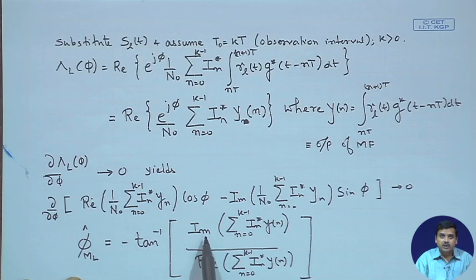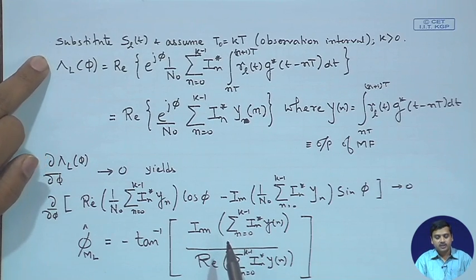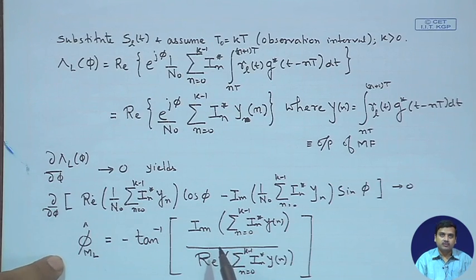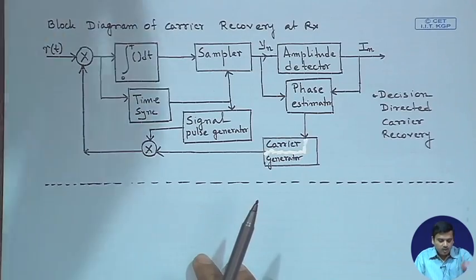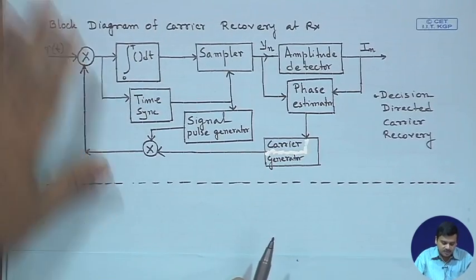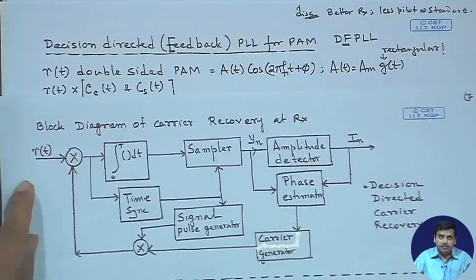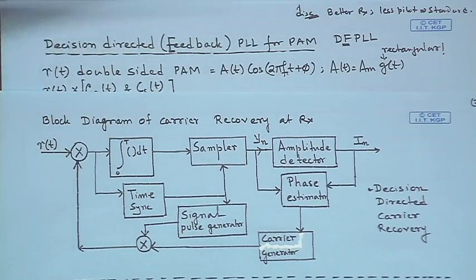Now we have the real part and imaginary part, and we have IN star and YN. Earlier you may remember the expression had an XN and a sine, and here it was XN and a cosine, which is again reminiscent of this kind of expression. They are all very similar, because we are using the similar signal model and we are using the log likelihood function and finally the ML estimator. In this way we could translate the expression that we have seen in the previous page, that means that we have here